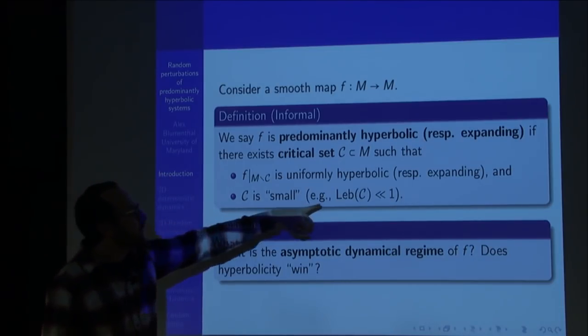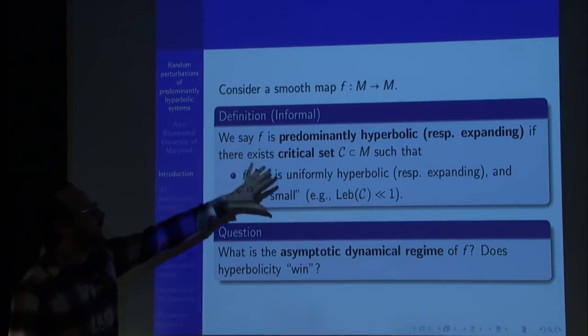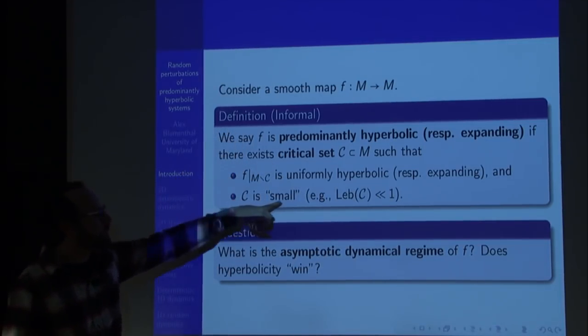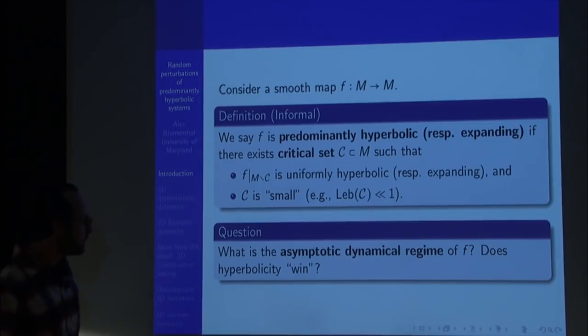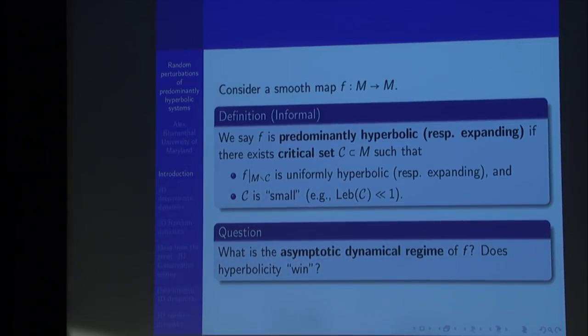But if you'd like maybe a small volume set, okay? So maybe there are some natural scaling parameters in my map, and then this is small with respect to those, right? And so the question is, what is the asymptotic dynamical regime? What can I say about it? Does the hyperbolicity win in the end? Okay, and so to really get an appreciation for why this is an interesting and subtle and very difficult question,